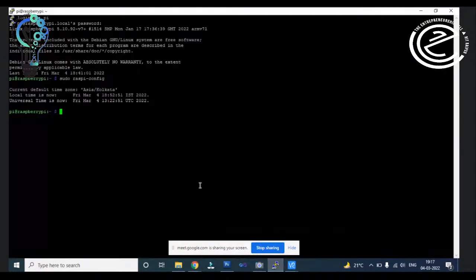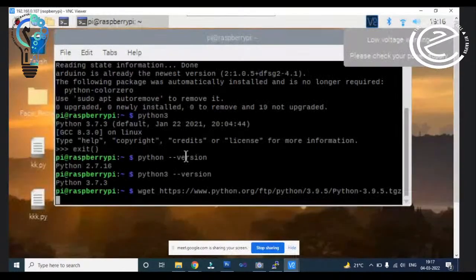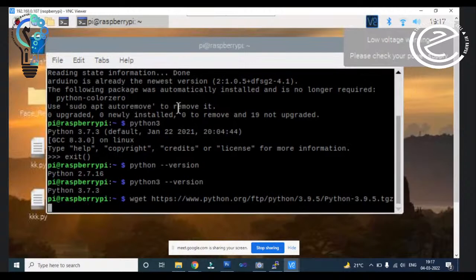So let's see. If you have the fastest internet connection, then it will help you install it on time. Otherwise, it will take a very long time to install. Let's wait for the file to start here.